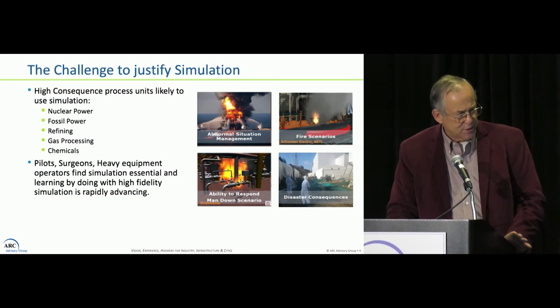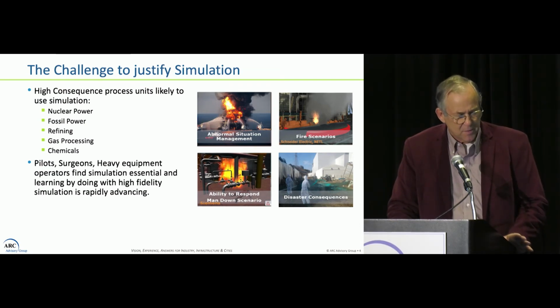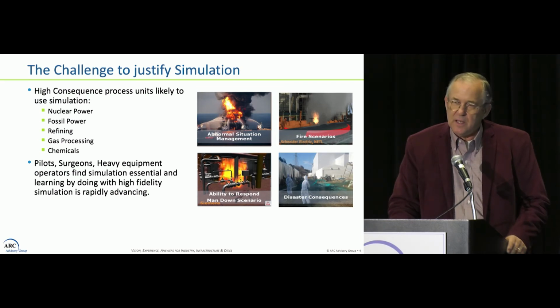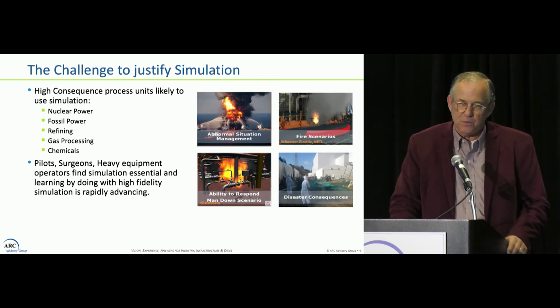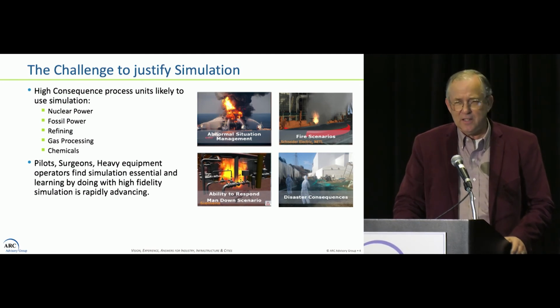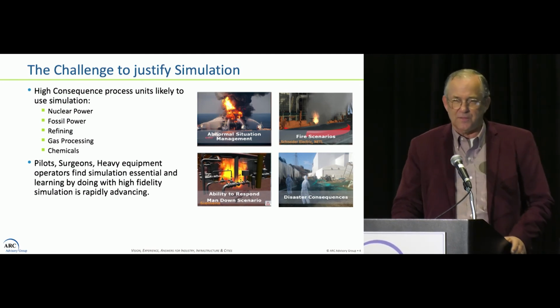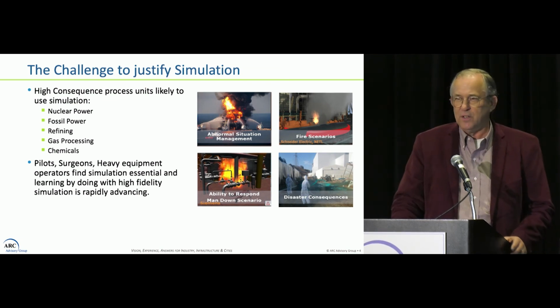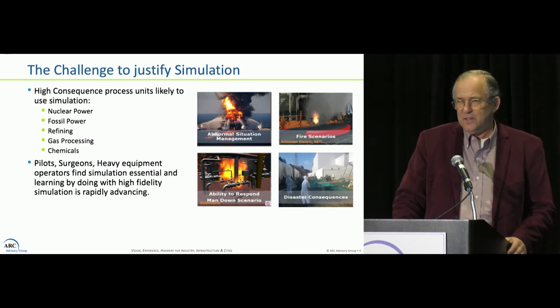I guess I won't go into it too much, but there are a number of ways of calculating. It's very difficult to calculate how much operator training reduces the risk of a high consequence accident. First of all, if you ask anyone, what is the risk that tomorrow you will have a high consequence accident? It'd be a pretty hard number to calculate. The second number is, how much is the cost of that high consequence accident, including all the lawsuits and things? You can't really calculate these numbers accurately. They're very hard. So there have to be some difficult ways of